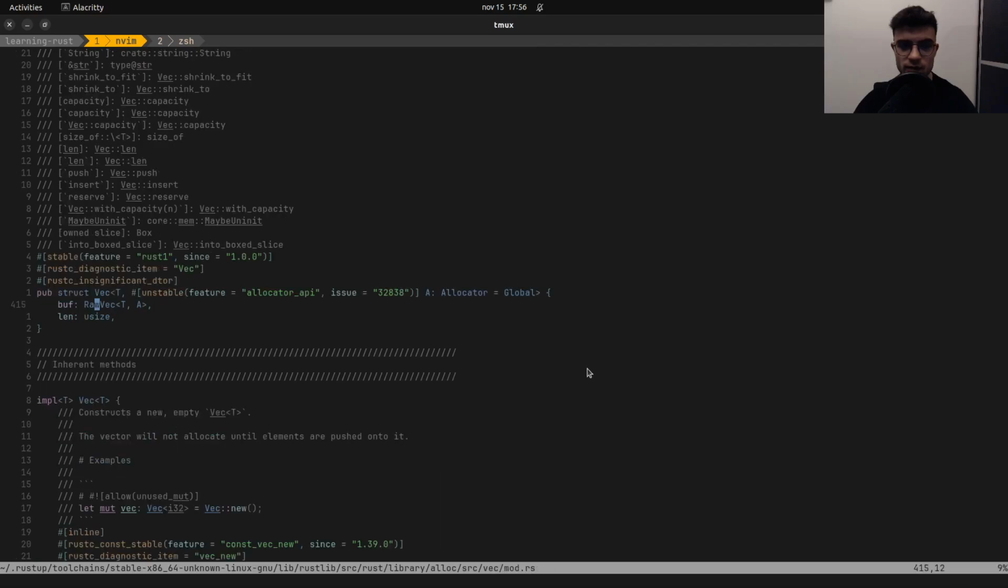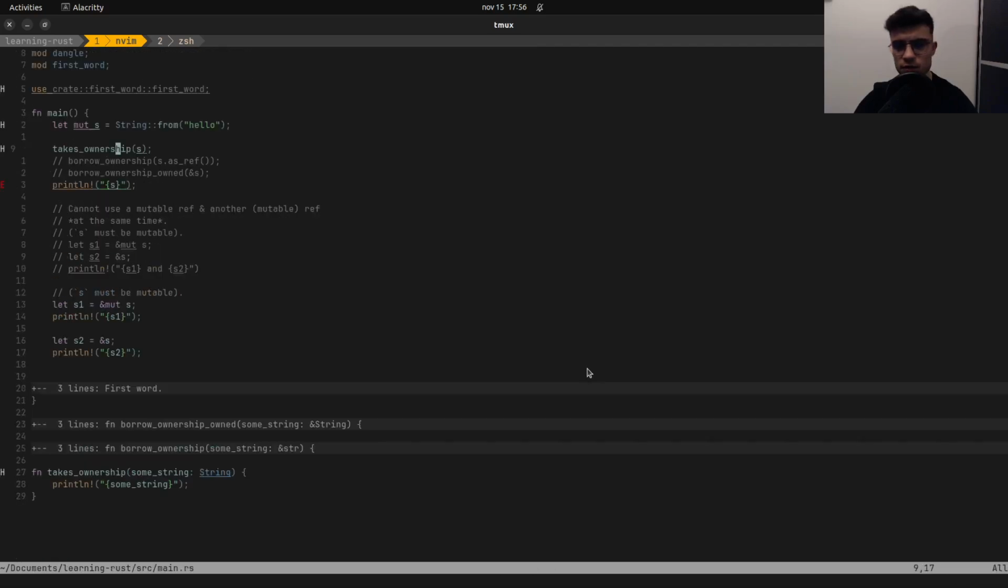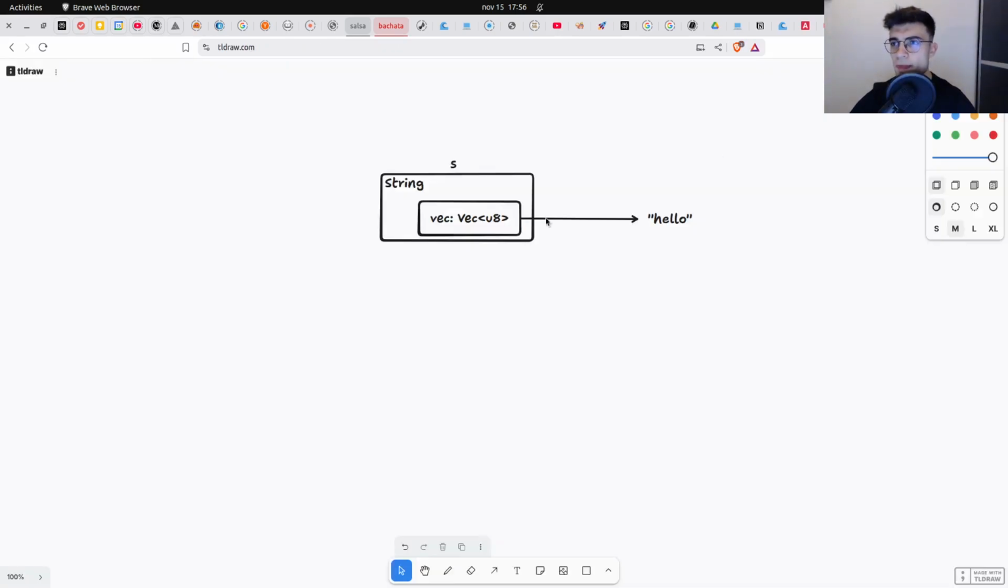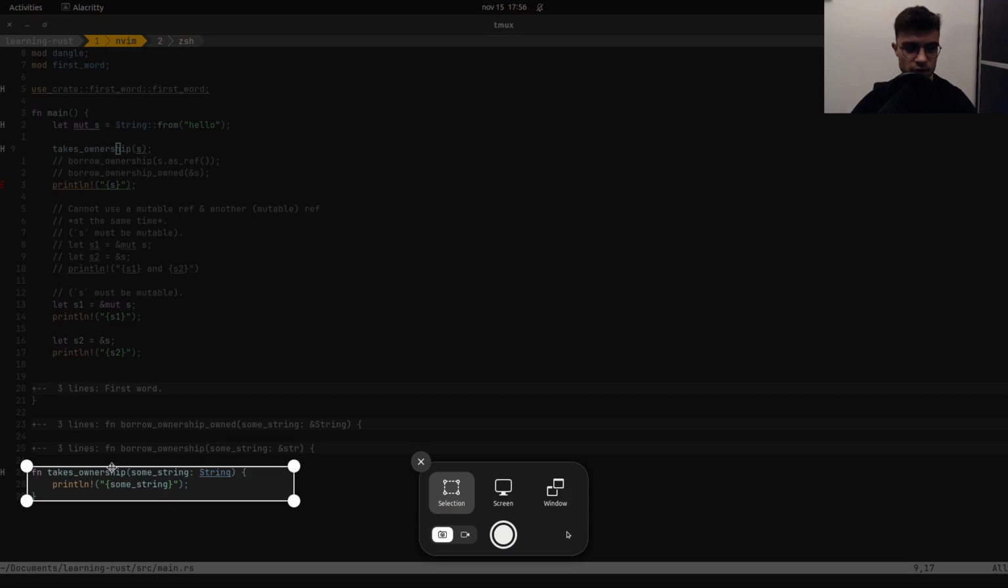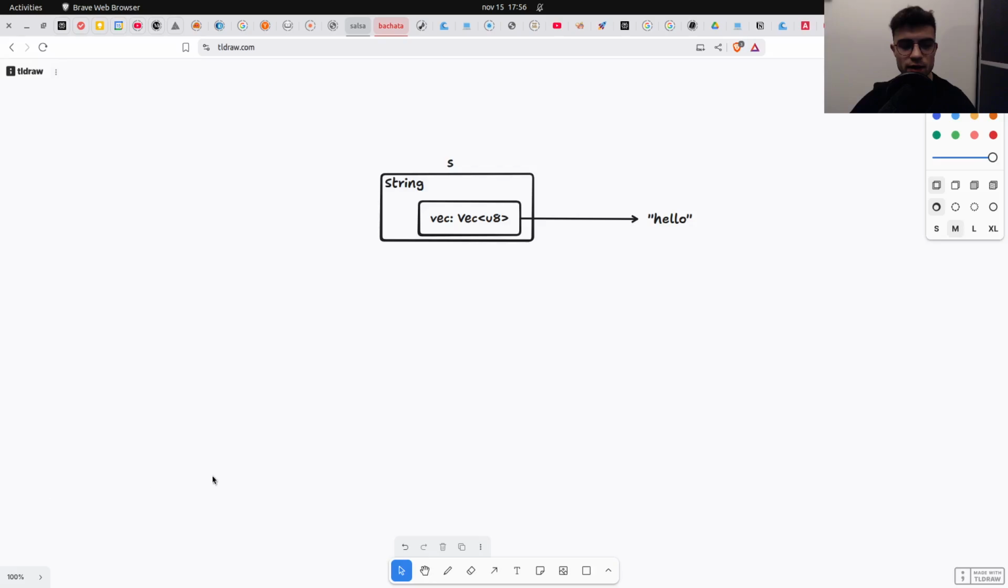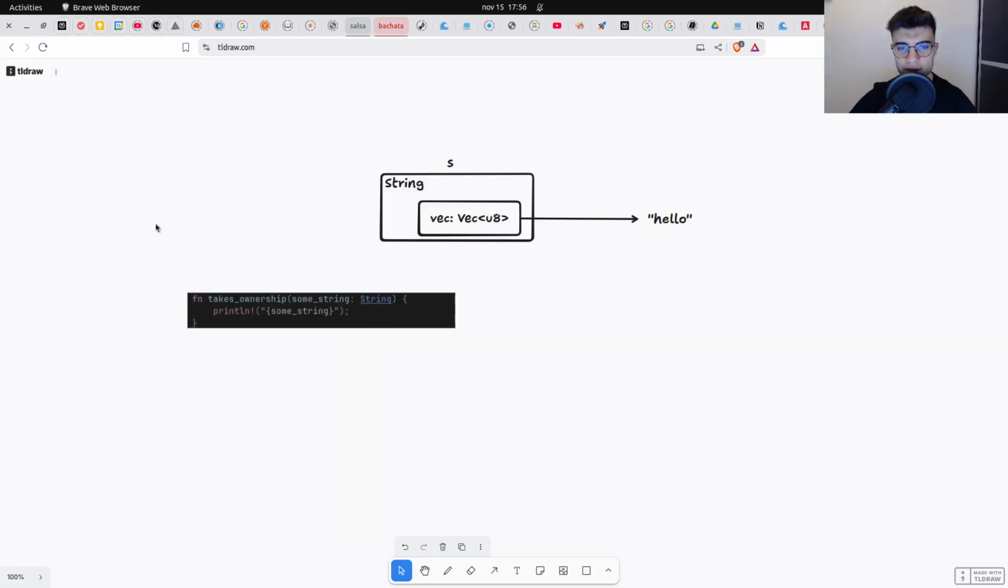And if we go with this approach, then we can also represent our string like this. So s will be essentially this String container, which has a property Vec, which will at some point point to a sequence of bytes. And by calling the take ownership function, I'm going to number the steps just to make sure it's all clear. So after step 2,